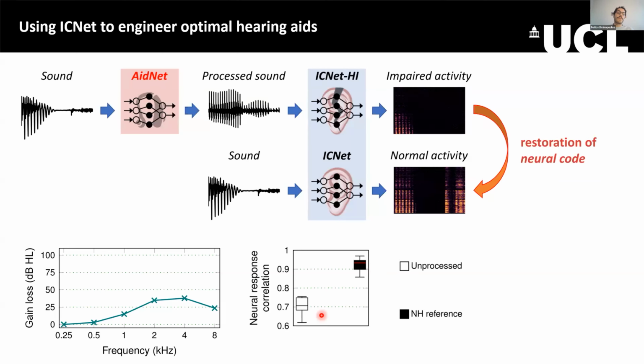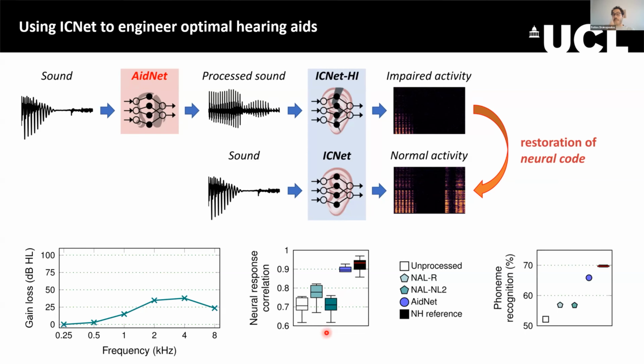So what we're trying to do here is to build sound processing models that can provide the optimal sound processing to restore impaired neural activity back to normal. And that's what we've seen so far. We can train AidNet models that get correlations back to normal levels. Most importantly, these seem to be doing much better than standard hearing aid strategies. The same holds when also including the example speech recognition models that I explained before in the hearing aid training framework. Again, we see that an AidNet can be trained to restore even simulated phoneme recognition close to normal levels.